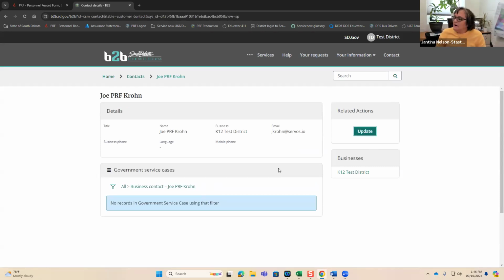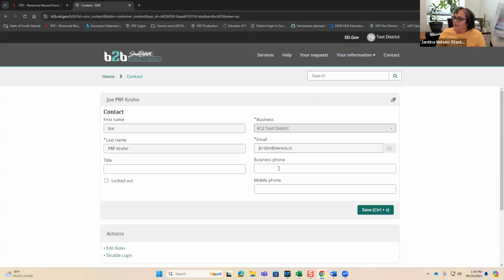Then you click on the update button on the right-hand side of the screen. You'll be taken to this screen where you can disable the login, and that will prevent them from being able to sign into their account. And save.